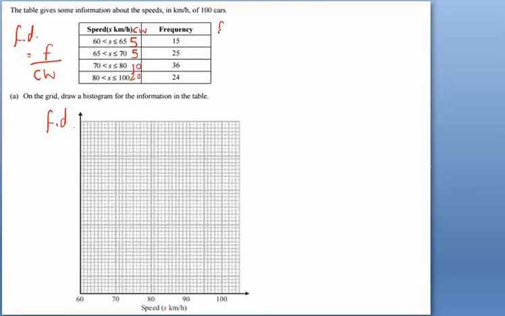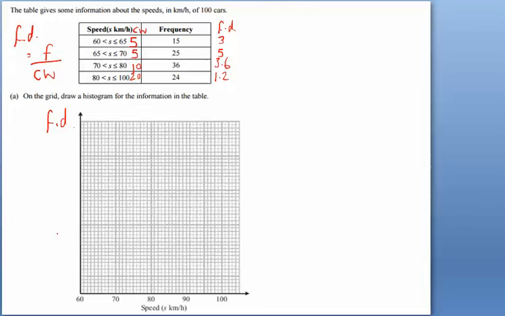So we need a frequency density column here. 15 divided by 5. Make sure to divide them the right way. The frequency divided by the class width. It's 3. 25 divided by 5 is 5. 36 divided by 10, 3.6. 24 divided by 20 is 1.2. Bit of advice here is that you could use these in fractions to help you with the division if it's